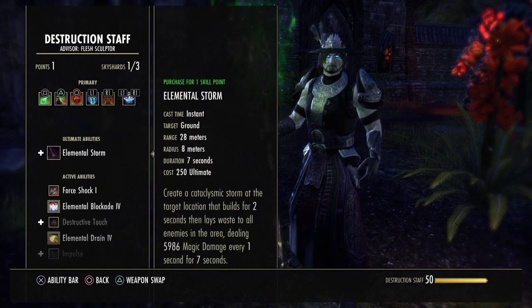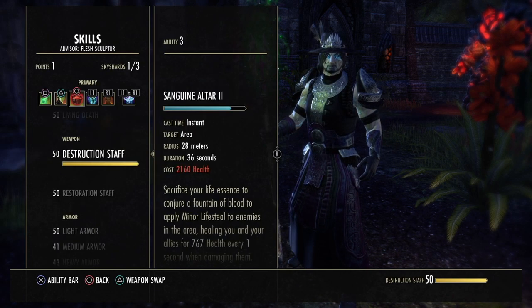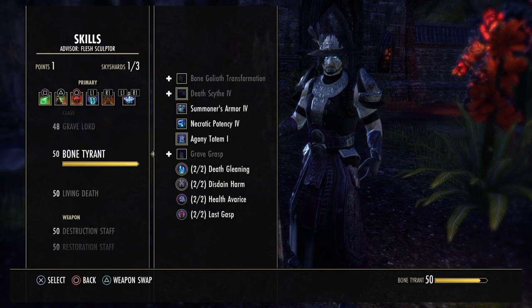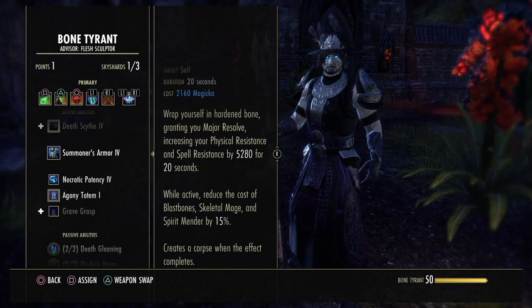Now on the front bar, if you don't necessarily need the Blood Altar, I like it because it's a synergy. I wouldn't take it off, but you could still use, like we used to, the Bone Armor, the Summoner's Armor. This one gains you Major Resolve, increasing your physical resistance and spell resistance by 5k for 20 seconds, and also it will reduce the cost of your Spirit Mender. It's not necessary